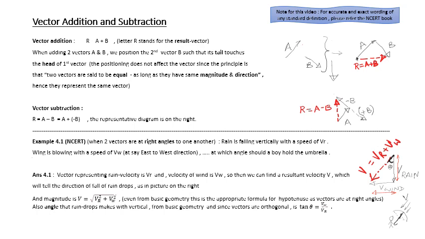These lengths are proportional to rain and wind velocity, and then naturally by simply drawing this resultant V, which I am pointing,